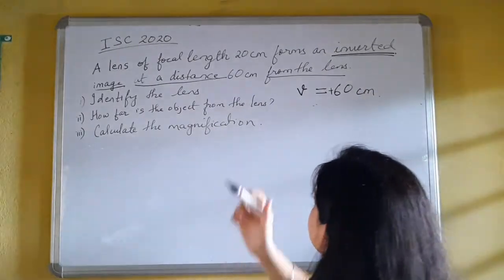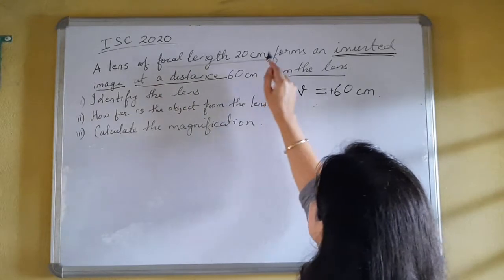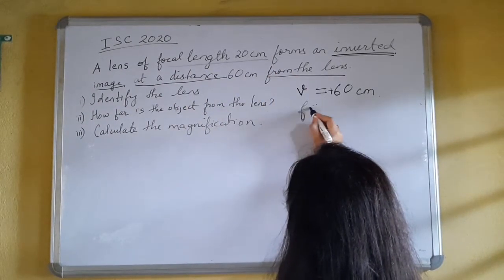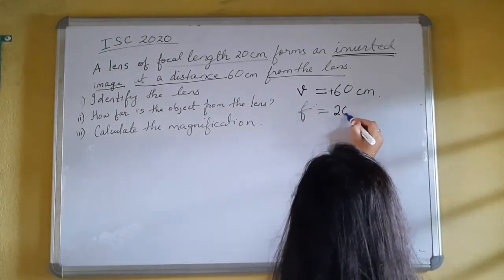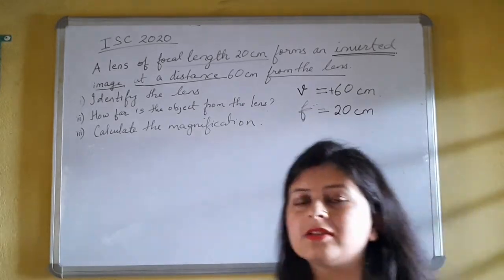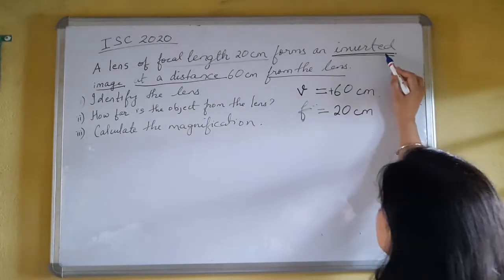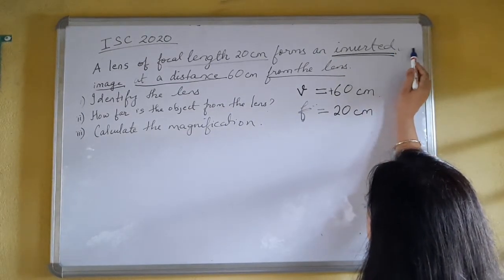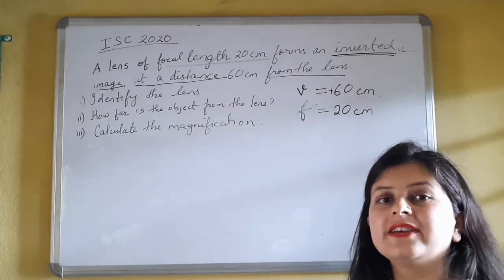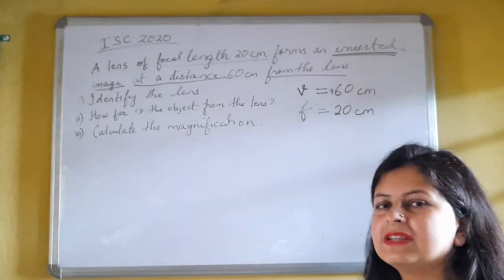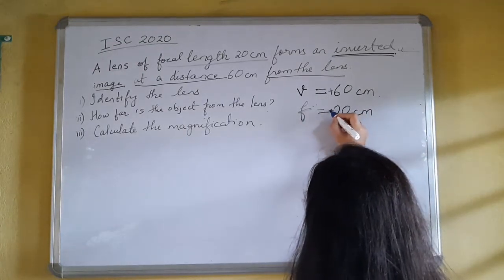Okay. Now again one more thing, a lens of focal length, that is f in the question, is equal to 20 centimeter. Now here focal length also has to be taken negative or positive according to the sign convention. Now again this is the keyword, inverted. So this is the term which will enable you to find out whether it is convex or a concave mirror. You know that a concave mirror never forms a real and inverted image. So this lens has to be convex, and you know focal length for a convex lens is plus 20.